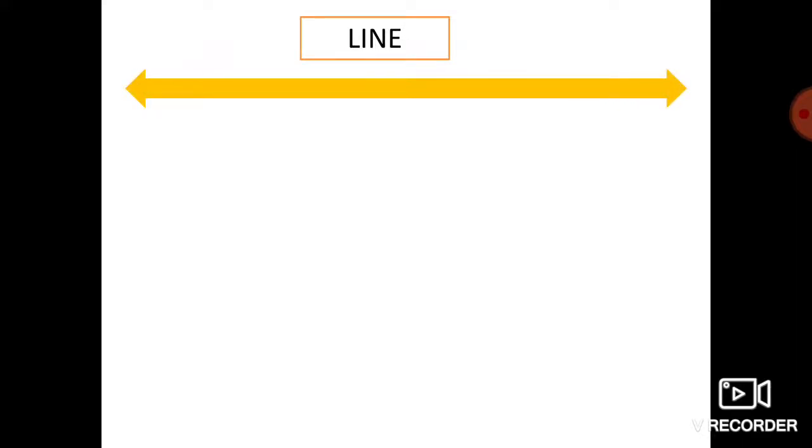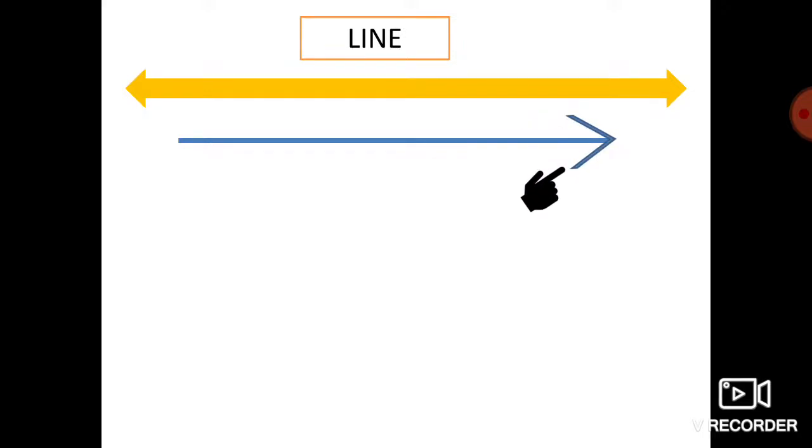Next we have to study line. Listen here. Here is a figure of a line. What is the difference between this figure and a line segment? Clearly, we know here 2 arrows are there, 2 arrows at the 2 ends. We have to draw a line like this: just draw a line and put an arrow on one side and an arrow on the other side. This is the method of drawing a line. 2 arrows must be there.